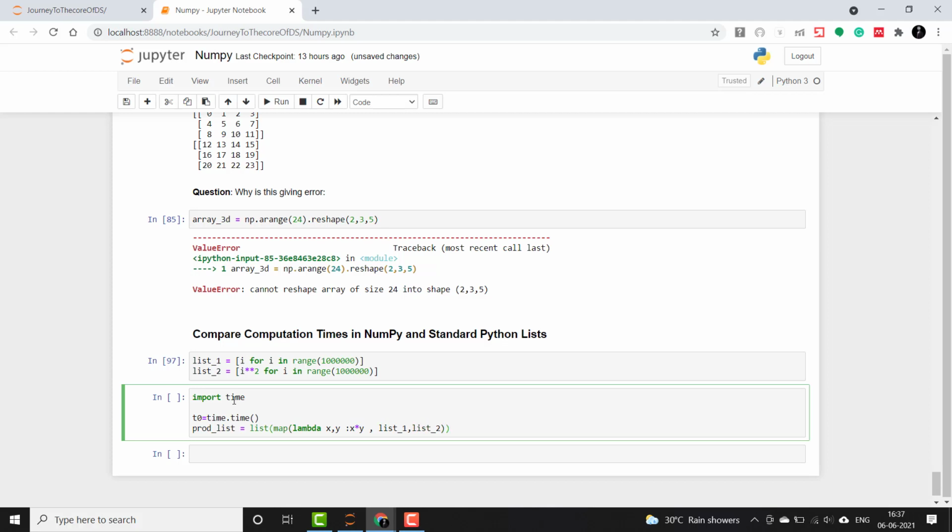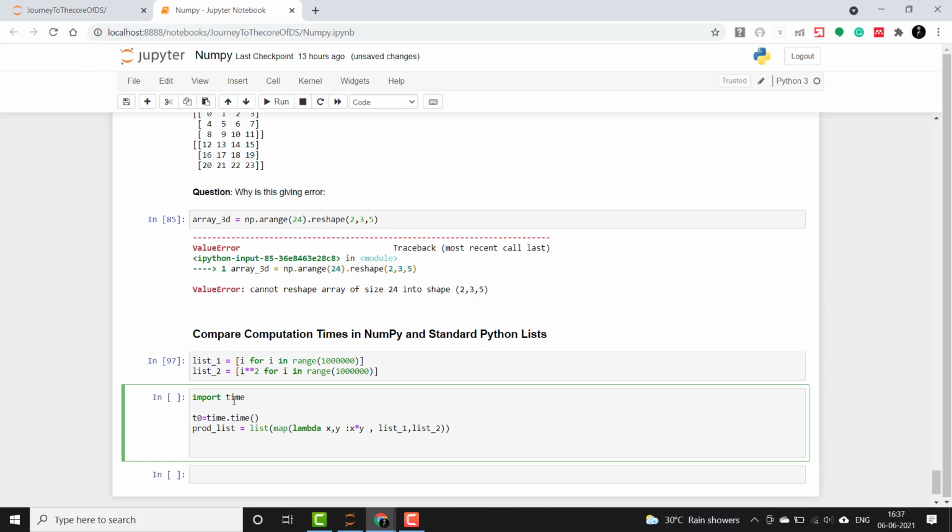Now I will compute the time again. So t1 equals time.time. Then I will say list_time equals t1 minus t0, and then I will print this time.